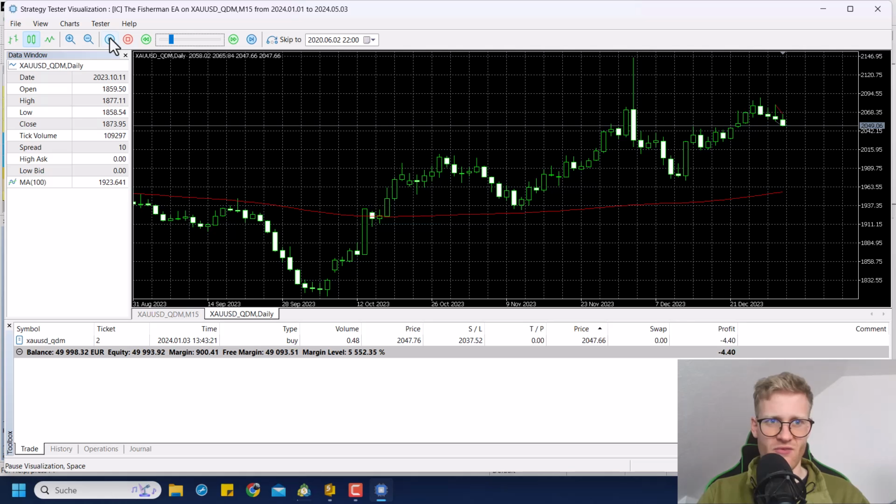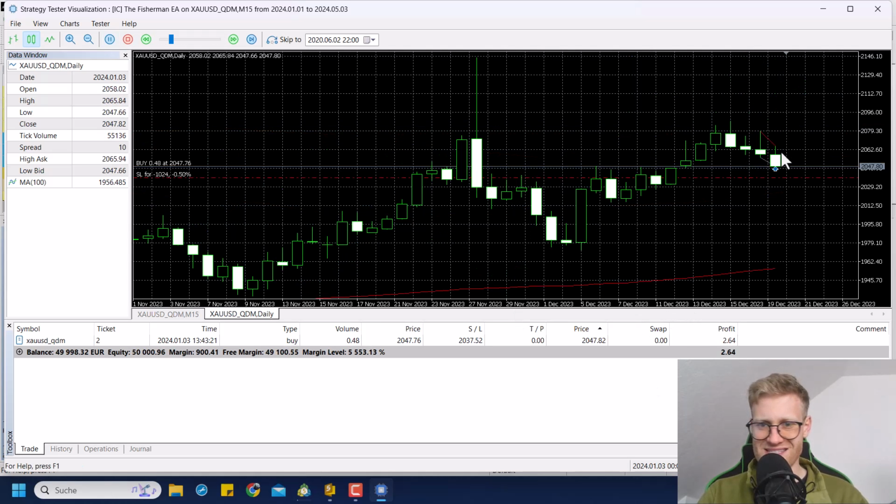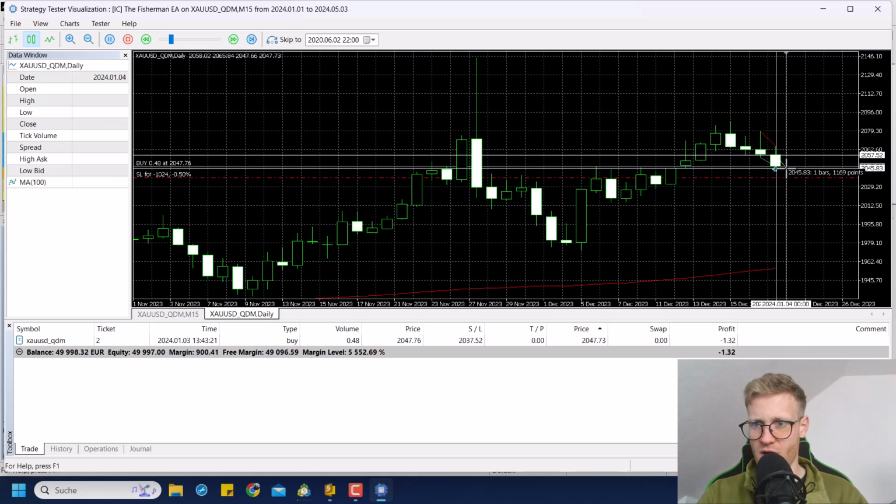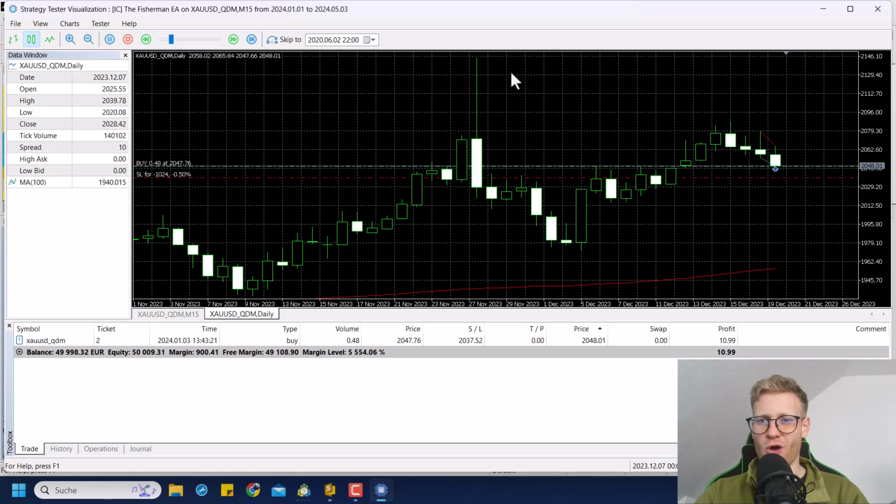And here we see the first trade. This trade was done because there was a setback in this daily bar, which is as big as 0.5%, and also we are still above the moving average here. So in a buy trend, we wait for a setback, so we then enter into the direction of this overall